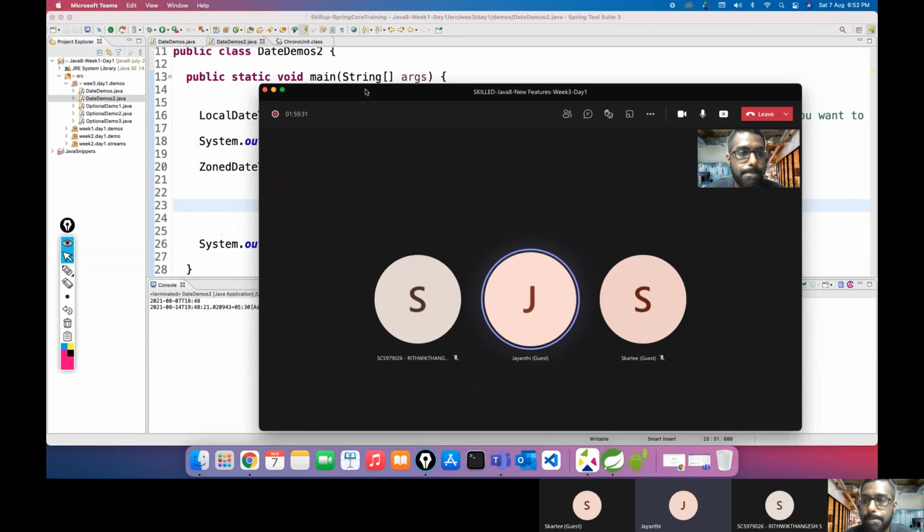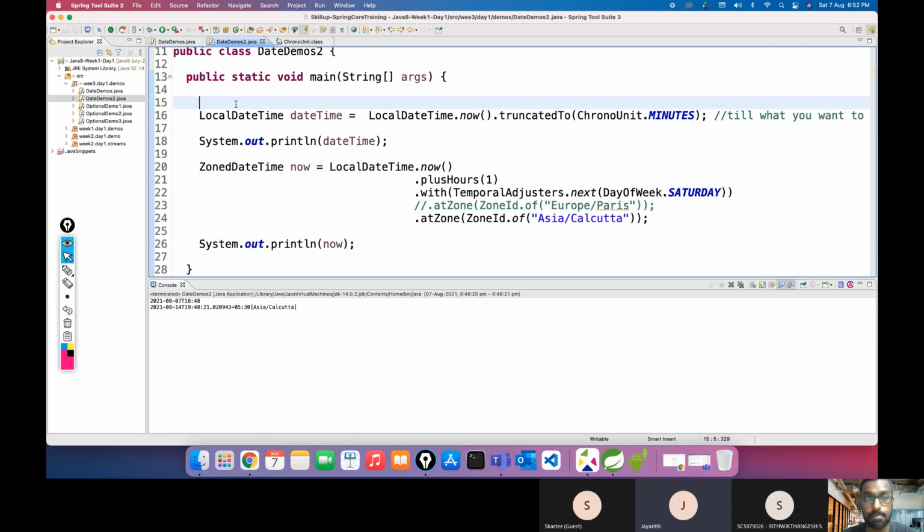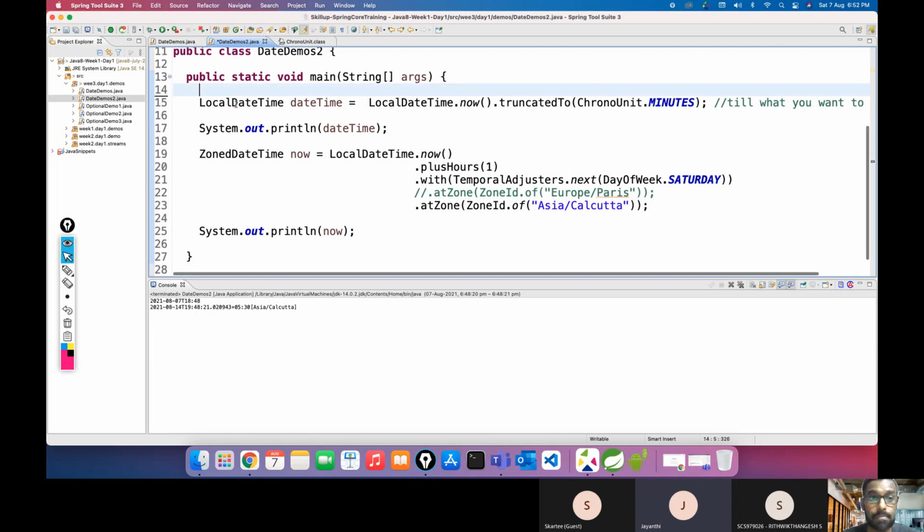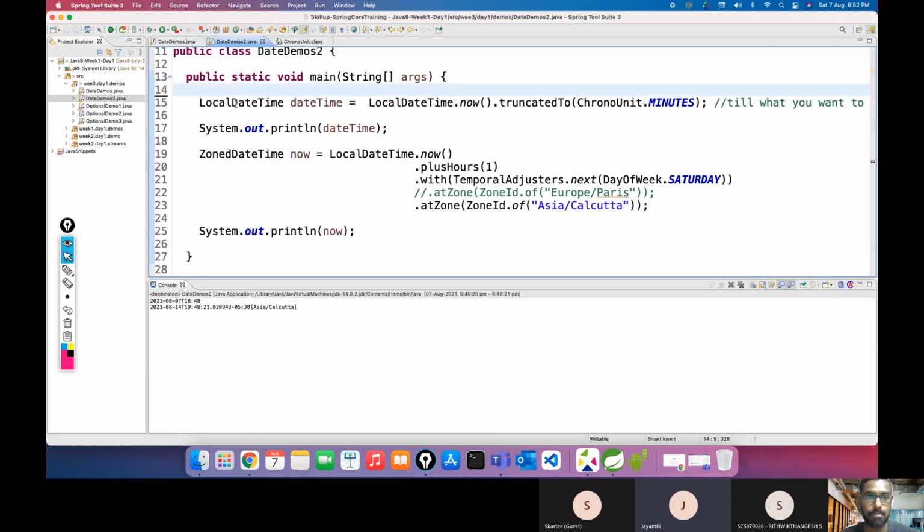Yes, please. Yeah, sure, sir. We need some hands-on on this, so we have to work on it a lot. Yes, of course, you have to do hands-on, right? That's why it's a